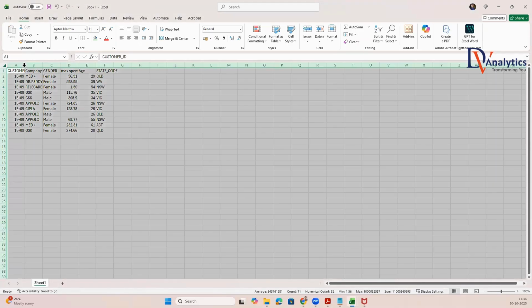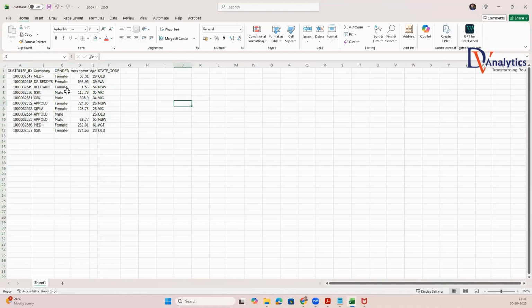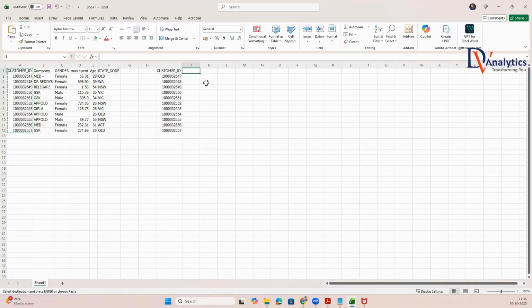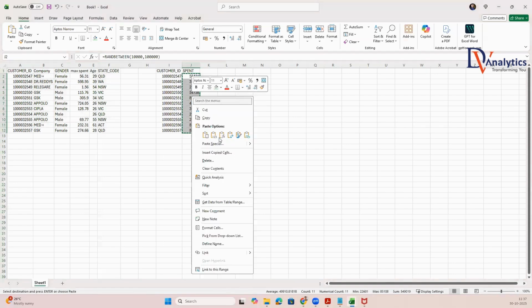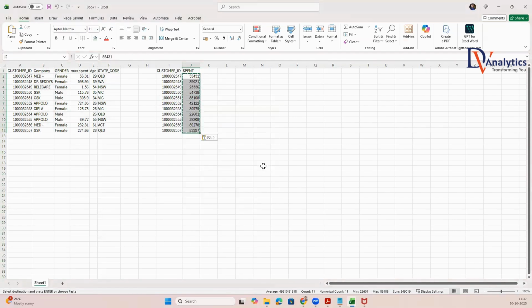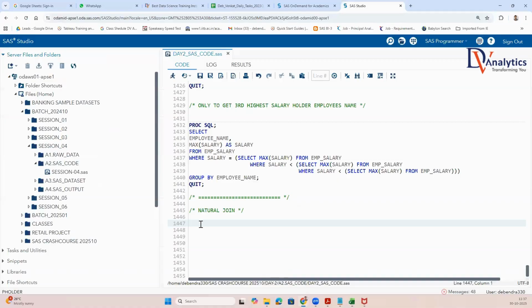Okay, you got the table here. Another table is given, the spent, which is random between 10,000 to 1 lakh. Control C, paste it, and say values. Now one is called customer spends, another one is called customer details. Is this clear to all of you guys? Everyone? Clear now? What will I do here? Going back to SAS, let me create data